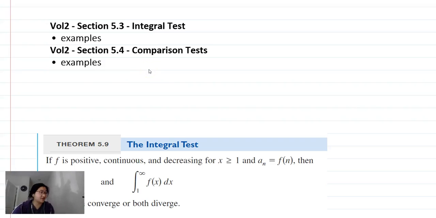Alright, y'all, so we're hitting 2 sections in this video, so hold on, it's gonna be great. But you're gonna do some proofs in your groups during class, so that'll be really exciting. So we're looking at the integral test and then some comparison tests, the direct comparison test and the limit comparison